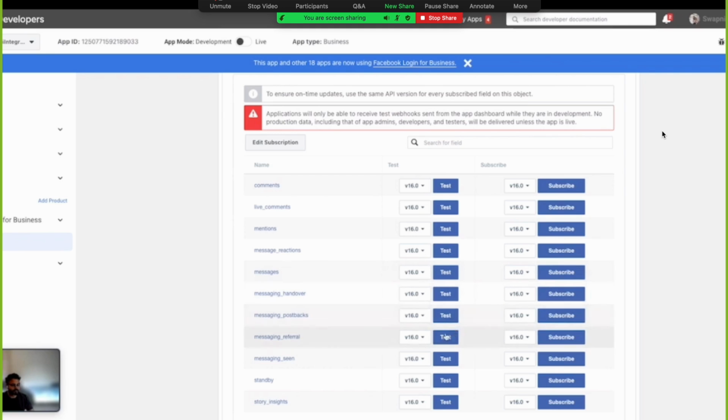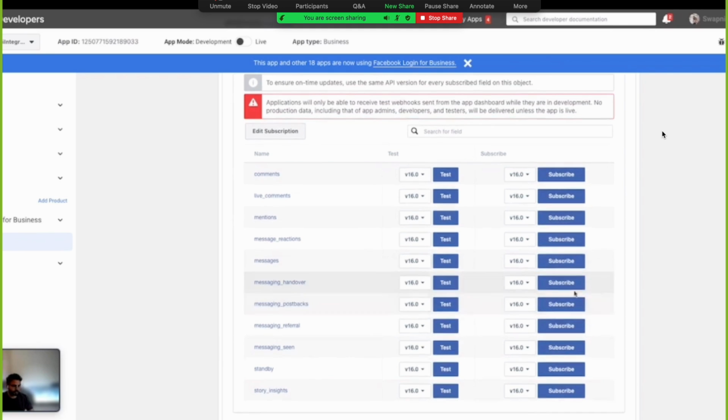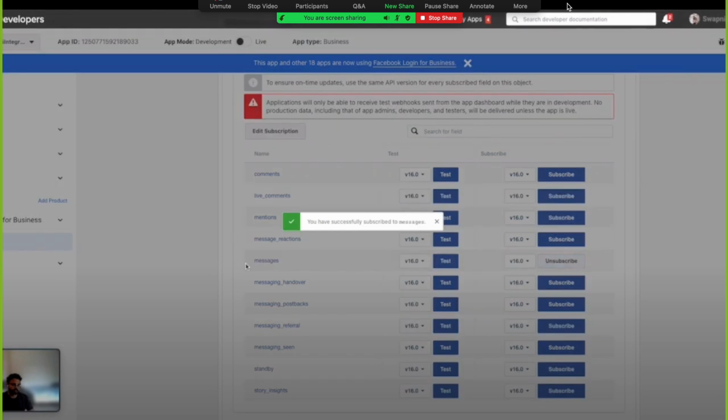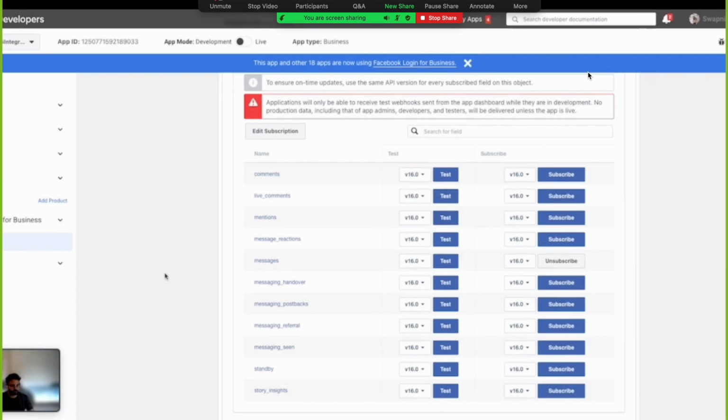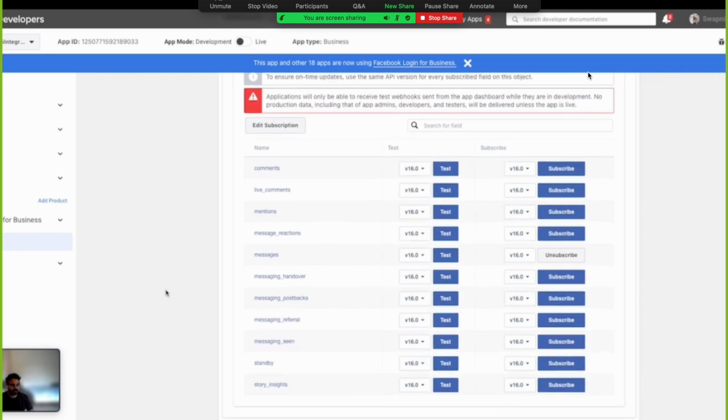And there are a bunch of events that you can choose that you're interested in. Here we are interested in messaging events, so let's subscribe to the message events. All right, so at this point, configure webhooks for your app and subscribe to the messages event. That's really all of it.